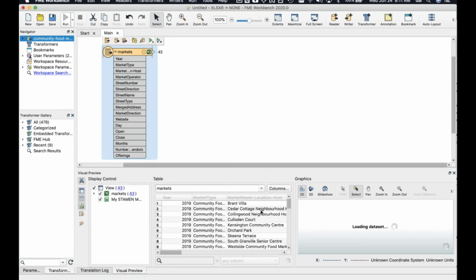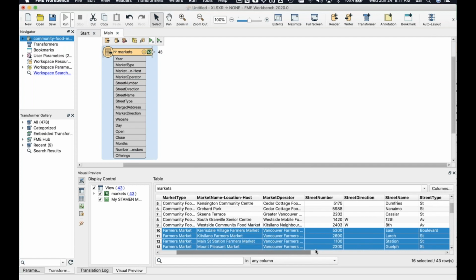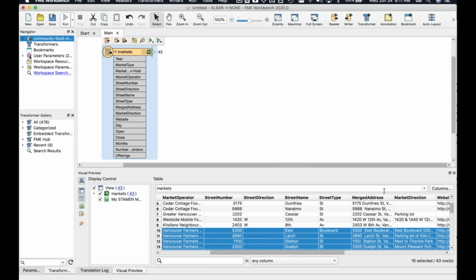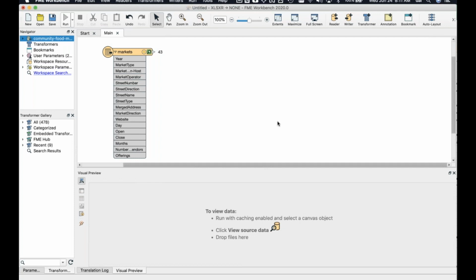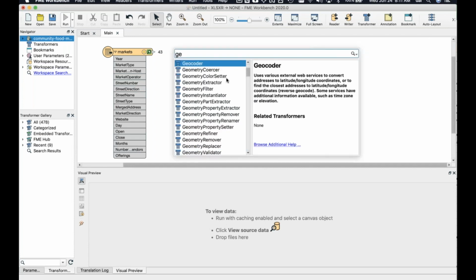And I get a nice table here. I can just drag a little bit over. Yep, I got that merged address field. And Mark, what's it called when you want to basically put something at a location on the Earth? Would that be geocoding? Yeah, so I can start typing on the canvas of Workbench, and I'm going to put